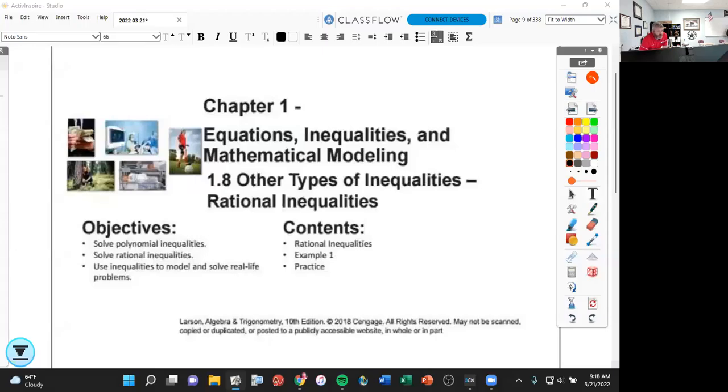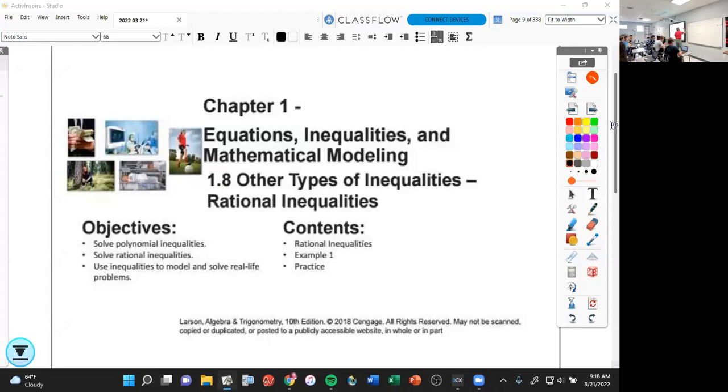This is our third attempt to look at 1.8. We're now looking at rational inequalities. We first looked at polynomials in 1.8, then we looked at something else. I forgot what it was. Now we're looking at rational. Rational means